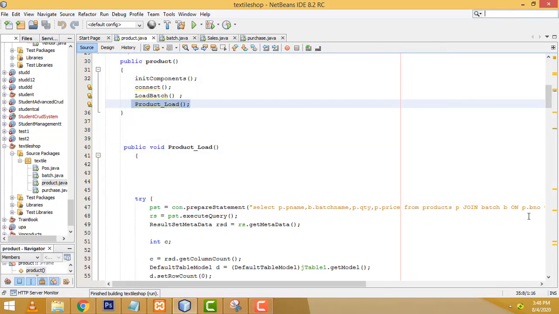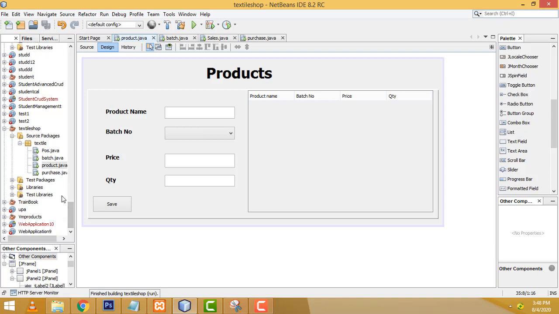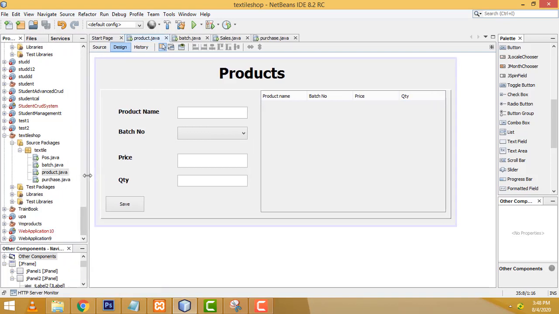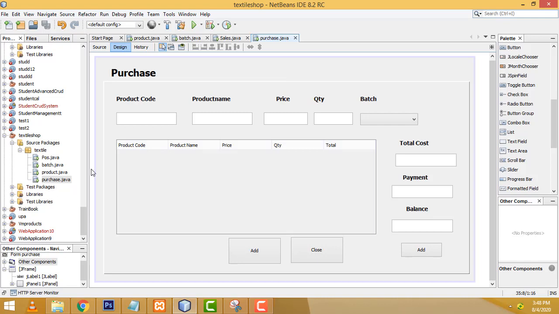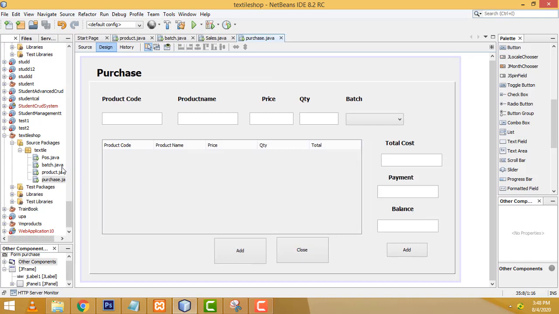After that, what I did here is create a simple form, purchase.java. Very simple. I already taught how to design this form in my stock management in Java tutorial. For those who have not watched it, I gave the link in my video description. You must watch it. It's a very essential tutorial to learn the inventory management system step by step in Java, and it will help your future projects.